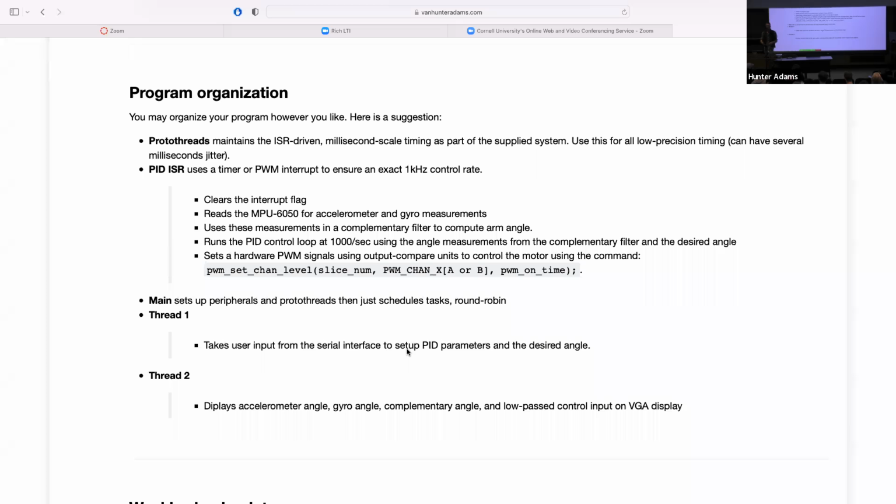Incidentally, that is the minimum required capability for your user interface. In order to debug, you might want to add more stuff to that user interface. You might want to change, oh, I don't know, the cutoff frequency of the low pass filter that you're using to display your controller outputs or something.